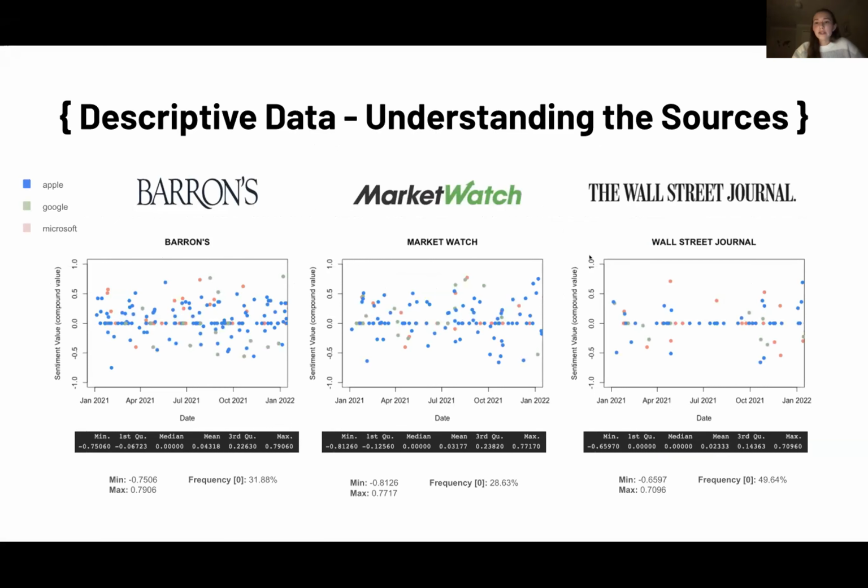So let's understand the sources themselves. I used Barron's, Market Watch, and the Wall Street Journal, and I decided to put the different stock values into a scatter plot that summed them into their own categories in order to see if the source itself had a more objective or a more biased perspective. So from this data, you can see that